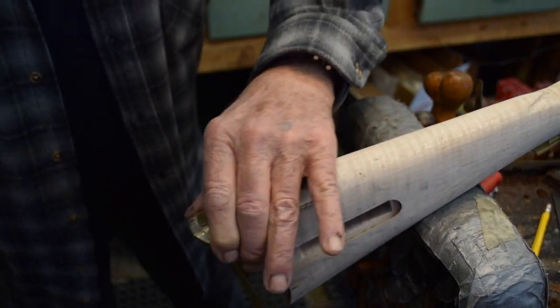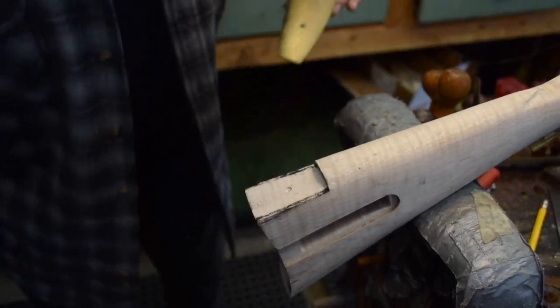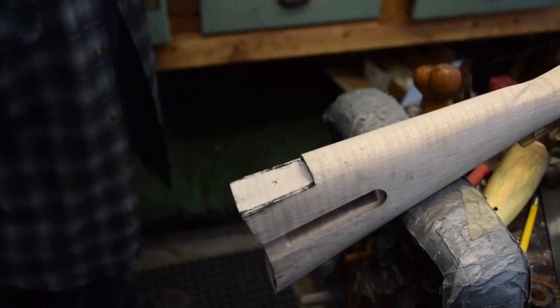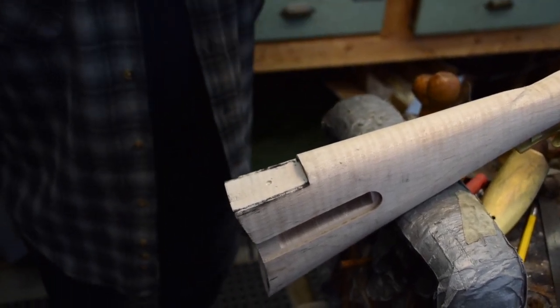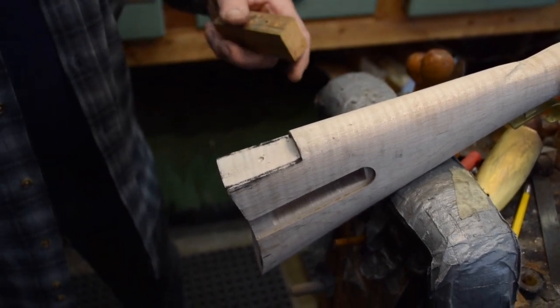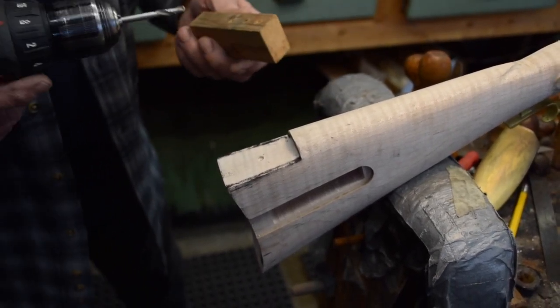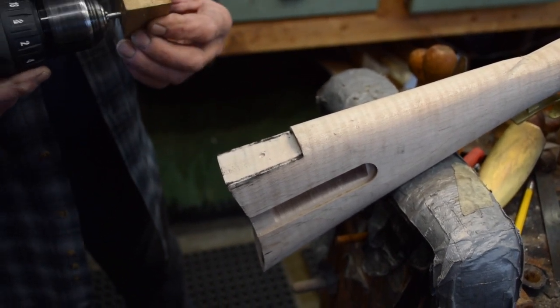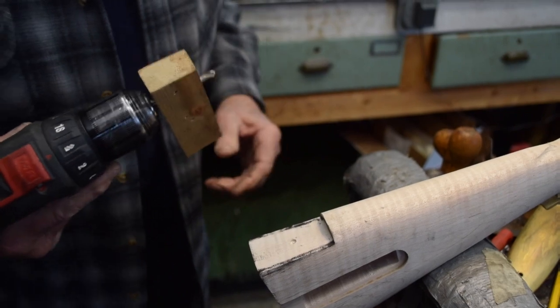And make a little dimple, just enough that I can see. Because this screw, you really want to get perfectly plumb with the flat on here and on the top of your butt plate, or when you countersink your screw in, it'll never go right. So I've measured this